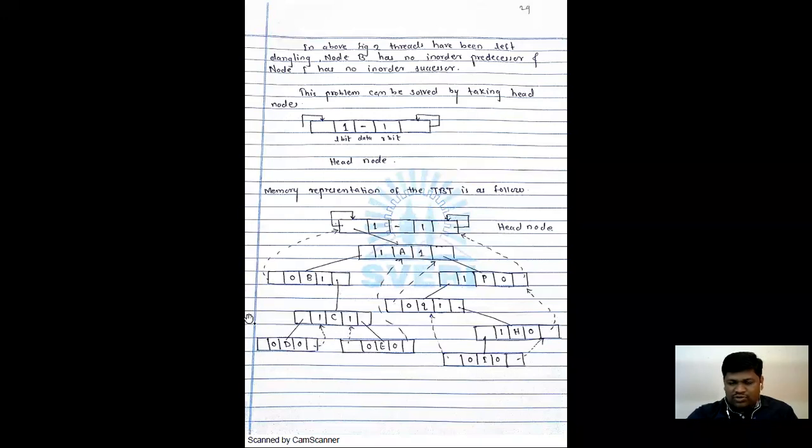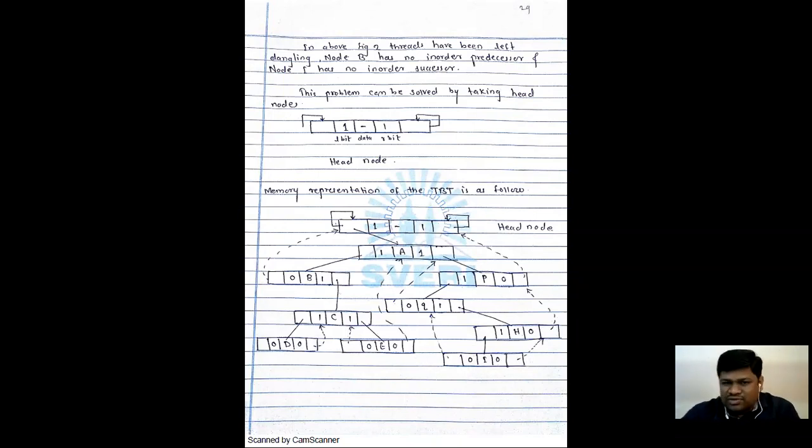The thread link we have represented by using dotted lines or dashed arrows, and the normal pointer link we have represented by using solid lines. For the thread link we have used the dashed link. Now all of you have understood this threaded binary tree, how it is represented.